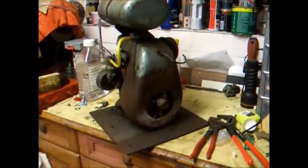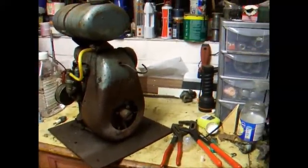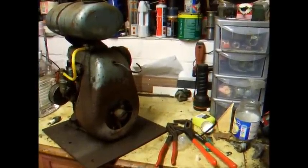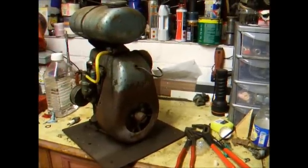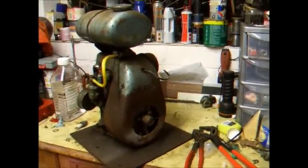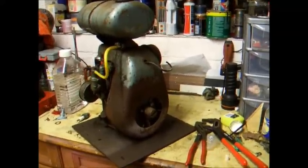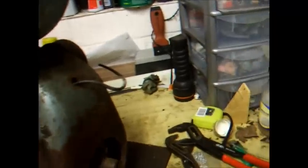Okay, been over to MakeDoAndMend1's house today, and wasn't expecting to come back with anything, but came back with a couple of things. I took an electric motor down there for his homemade wheat mill to power that. Yeah, that should do the job nicely, I reckon. And we sort of done a bit of a deal, and I came away with this